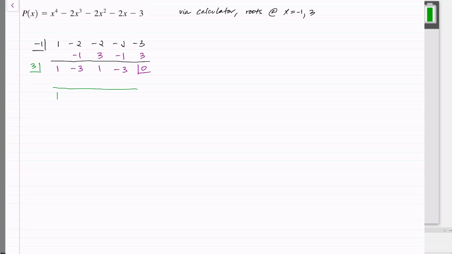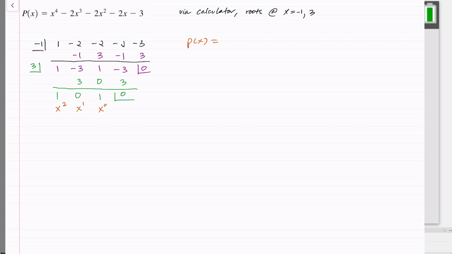Bring down the 1. 3 times 1 is 3. -3 and 3 goes away. 3 times 0 is 0. 1 and 0 is 1. 3 times 1 is 3. And then -3 and 3 go away. And so if you build your answer right to left, that's x to the 0, x to the first, and x squared. And so at this point it's clear from just a few seconds of quick synthetic division that our